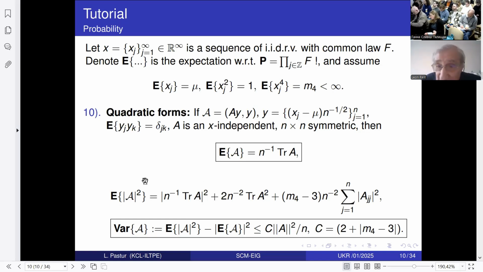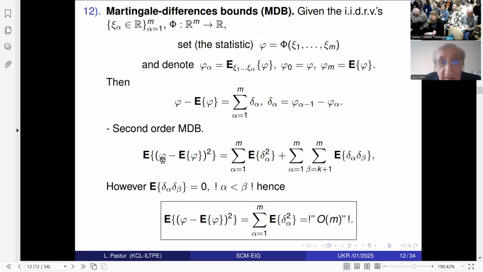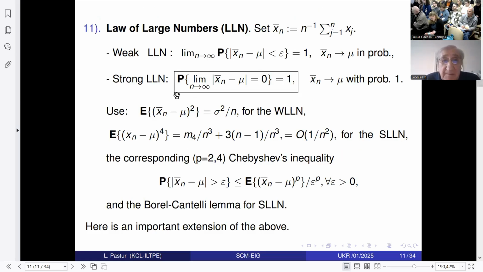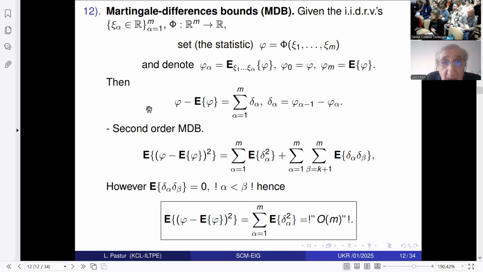So it vanishes with a certain constant here. Well, next thing that we will need is called the martingale bounds. If you have random variables, independent and normalized, by the way that is written, I don't know why it is normalized,